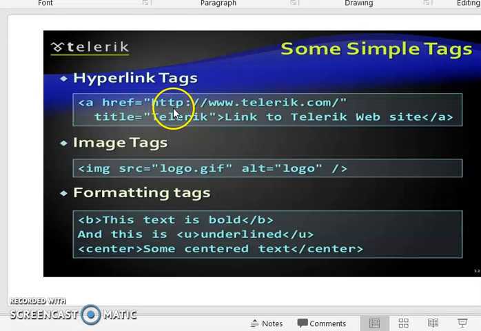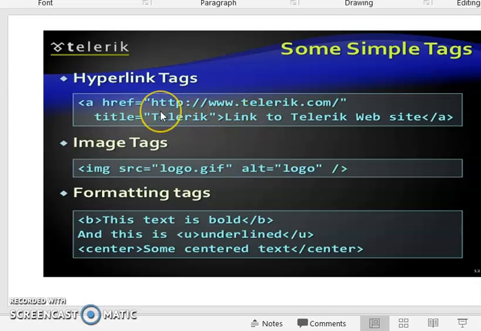So which site or which page we want to link is included in the href equal to that URL. Here is the URL, and then some content, some text, is put here. This is used to display some information, just text.